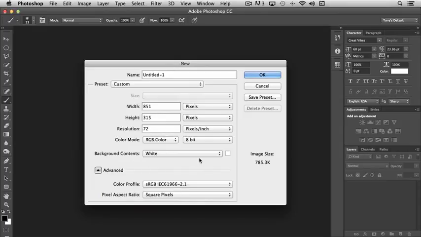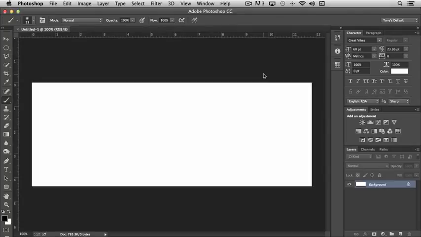The background we can leave to white, color profile, a pixel aspect ratio. The defaults in Photoshop are usually perfectly fine for 99.9% of the work that you'll do with it. So all we need to do once we have our correct dimensions inserted into our setup here is click OK. And the ending result is a panel that is to the exact dimensions that we need to create a Facebook